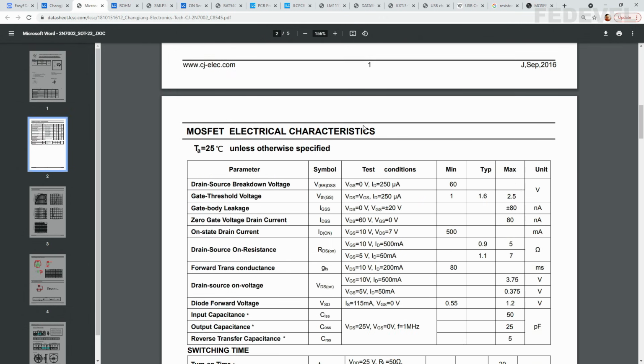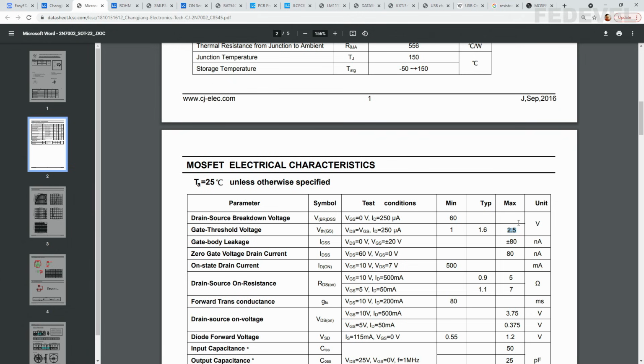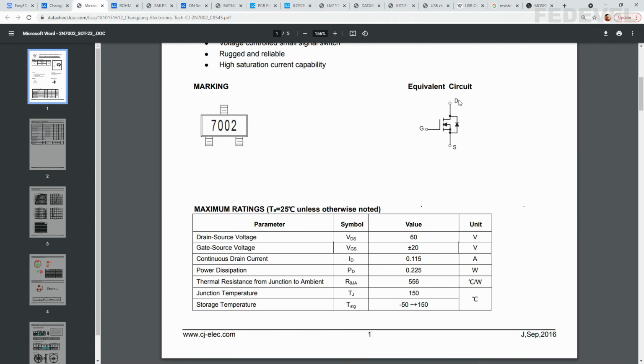But what is more important is this gate threshold. This is basically the voltage you need to apply on this gate to open the transistor. So it is like 2.5 volt. We will be using 3.3 volt, that's fine. And also the drain source on resistance. This is the resistance which you will have between D and S when your transistor is open.